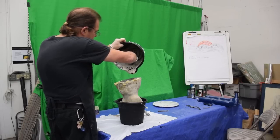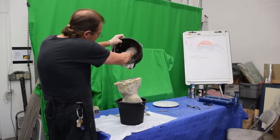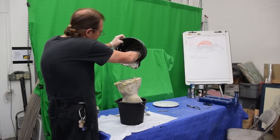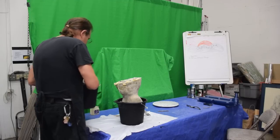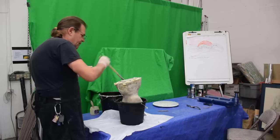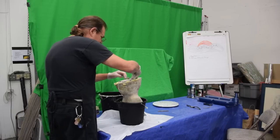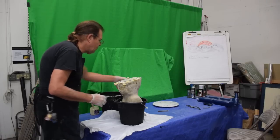You can already see inside the bucket how it's not sticking to the side of the bucket at all because of the Vaseline, so it's very helpful. I mean to tell you, this was exactly the right amount to the edge, so that's really good. There'll be a little bit of displacement with the wood in it, which is going to want to float up, but that's okay. Just like that, and we're going to let that set, and we have what we need, which is